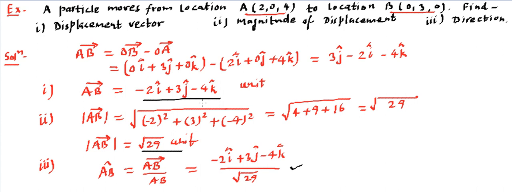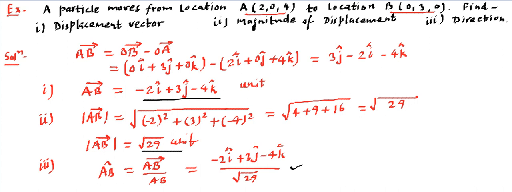So from this example you must be able to understand how to write a displacement vector if the coordinates are known to us. I have used the example for 3-dimensional, that means x, y as well as z. Either you will get a 2-dimensional or 3-dimensional, the rule remains the same. So this example illustrates writing a vector, which is a displacement vector, its magnitude, and its direction out of coordinates given for 2 points.